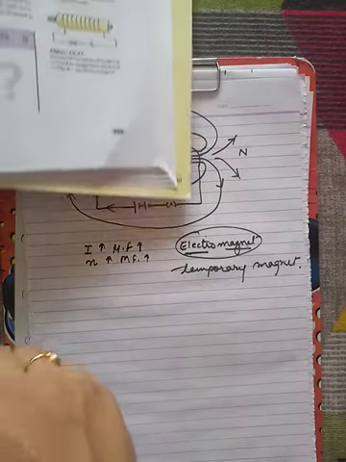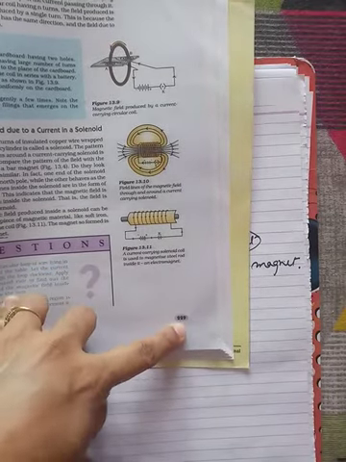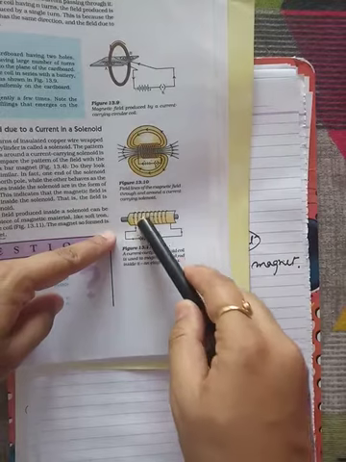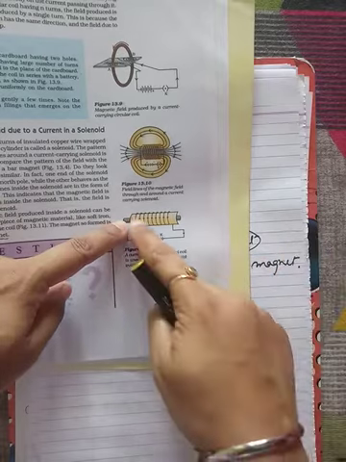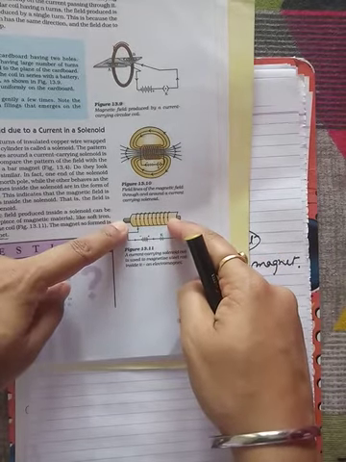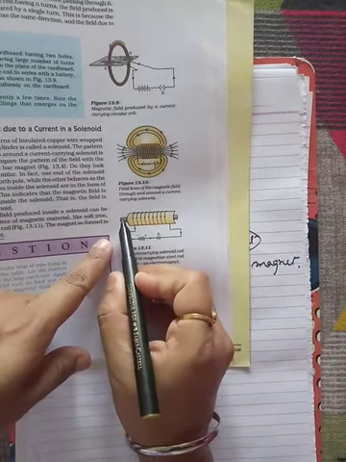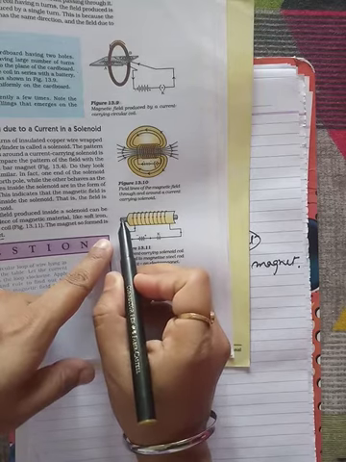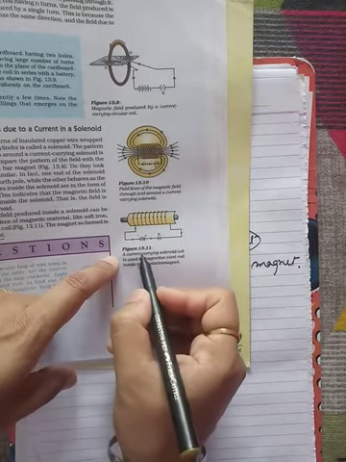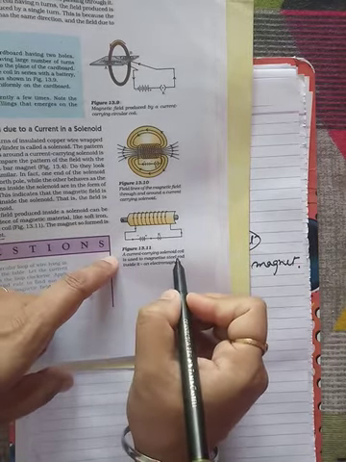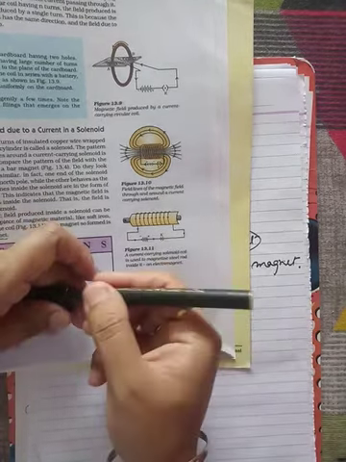This can be seen in the diagram given in your book on page number 229. In this diagram, a hollow cylindrical shape structure which is insulated is taken, and a wire is rolled on or wrapped around that. Okay, and because that cylinder was hollow, we have placed this rod, and it is made up of soft iron which can be magnetized very easily using this method. Okay, so what it is written, a current carrying solenoid coil is used to magnetize a steel rod inside it, which is an electromagnet. Okay, so here a steel rod is shown.